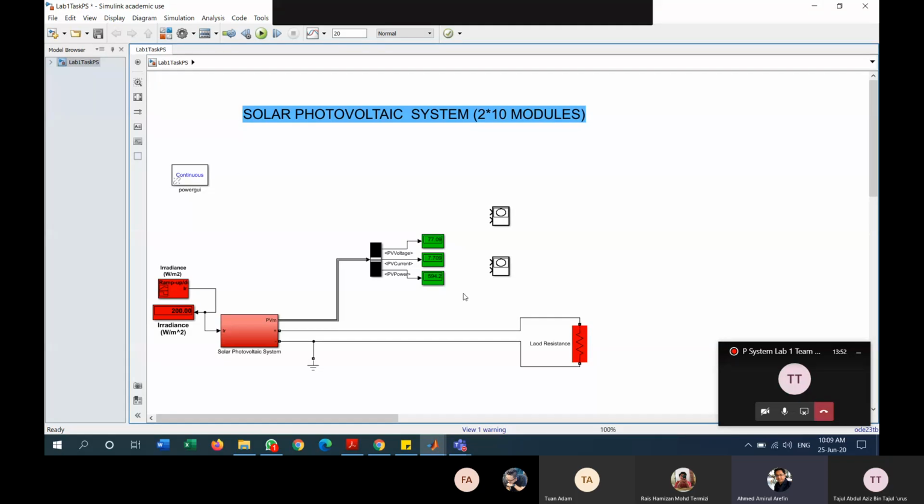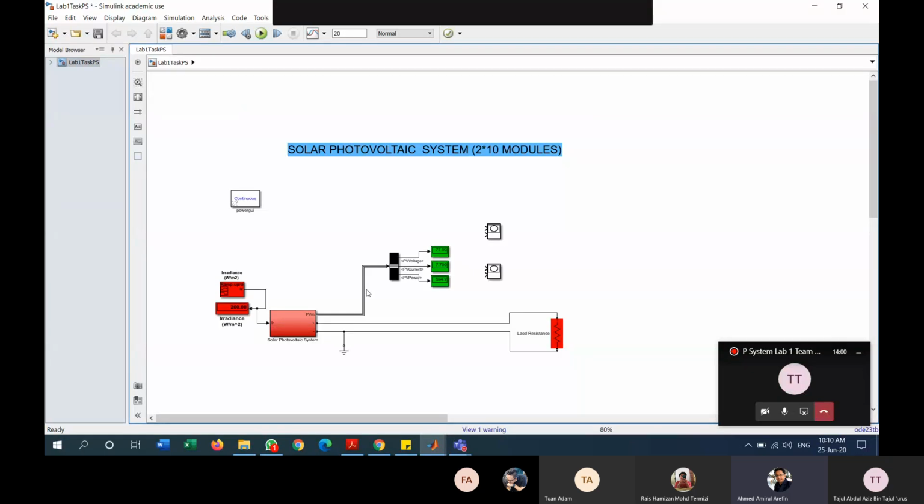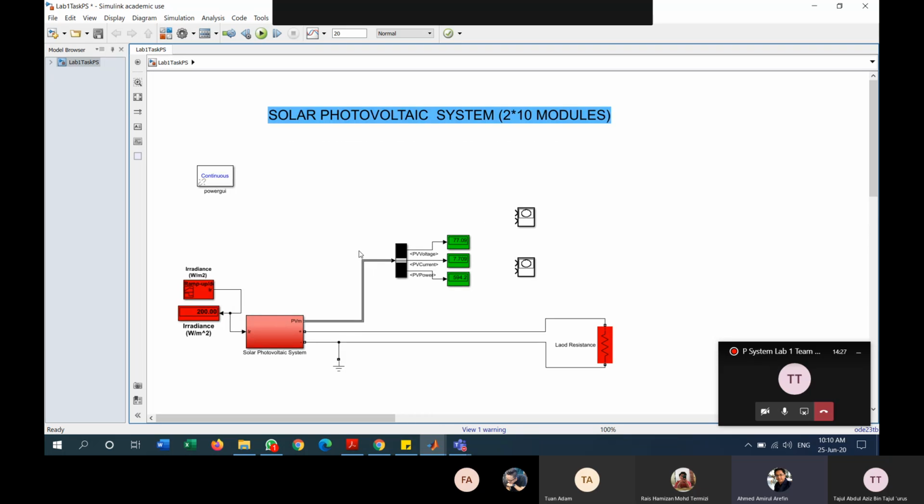Okay, so I think you have all the files for the lab 1. Sorry for the slow PC, all the time if you give any instructions, it takes some time. Okay, so